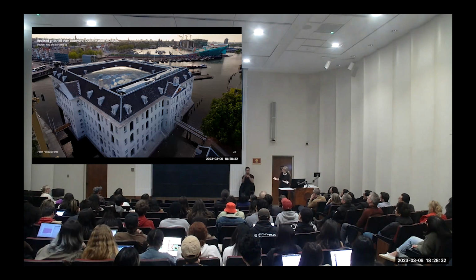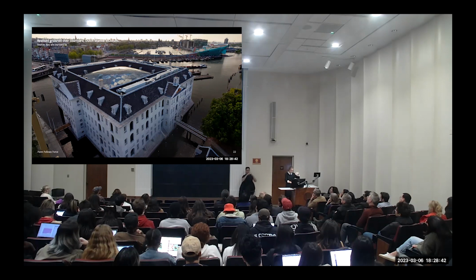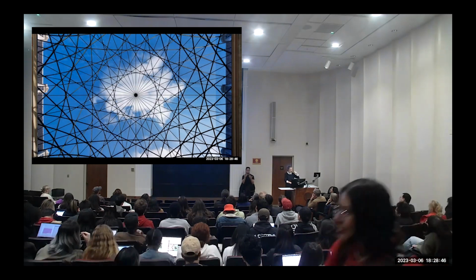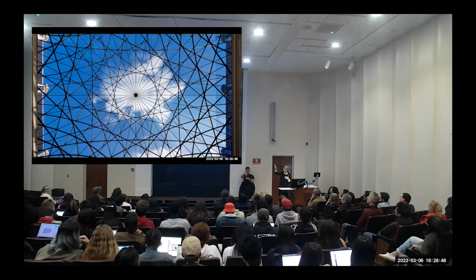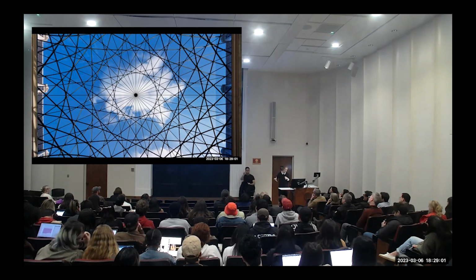A few years fast forward, we won the competition. This roof was built. Here you see it. It doesn't come above the ridge of the museum because it's in a historic context. It was not allowed to be seen from the outside. And this is what it looks like on the inside. So I hope that you recognize, first of all, the pattern on the map, but also that you see how thin all these elements are. And that is really because the shape, this curved cupola shape, was found using this form finding method.